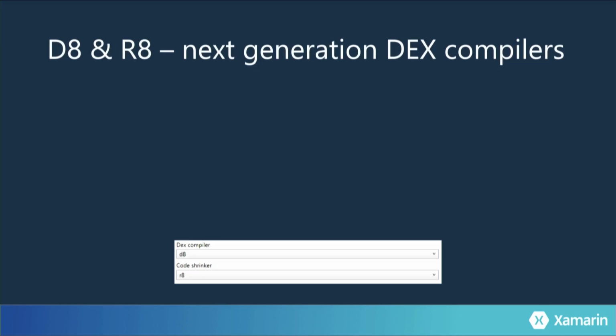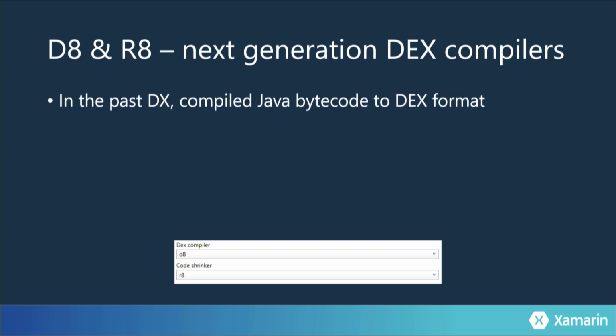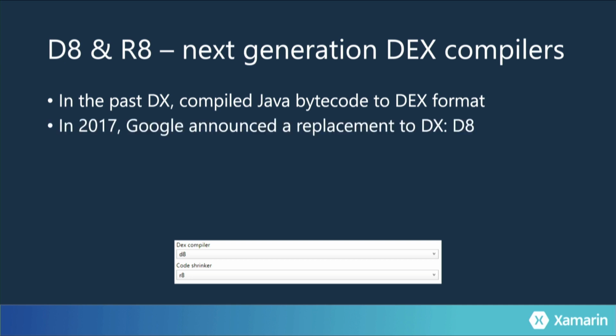So let's talk about some more new stuff, right? We talked about DEX and what that is. In the past, we used a tool, this is from Android again, called DX, that would take compiled Java code and convert it to DEX. Well, Google creates more stuff that has weird names called D8 and R8. And I think they're kind of going after the name V8, if you've heard of the JavaScript engine called V8 that's in Chrome. I think that's why they named it that. I don't know, really, but